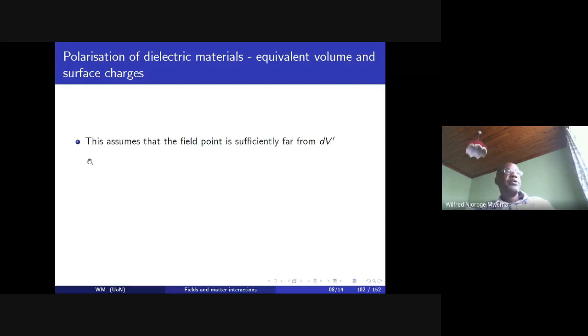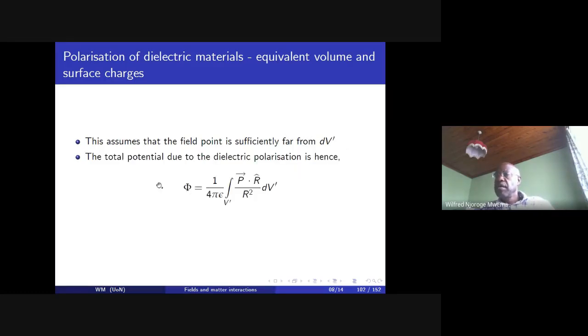Now, when we do this, we are of course assuming that the field point is sufficiently far away from dV, such that even if it occupies finite volume, it now looks like a point source from where we are looking at it. So the total potential due to the dielectric polarization is therefore going to be given by,